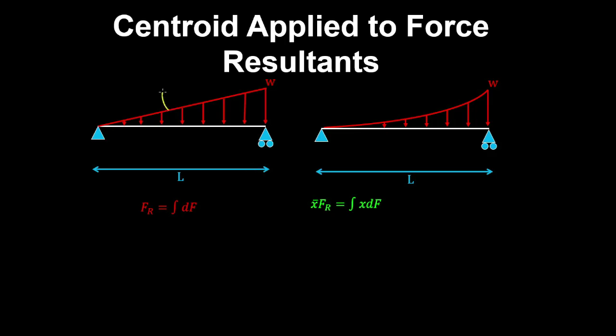So if we consider this triangular load, this line can have an equation of W by x on L. So at x equals 0, the load is 0, and at x equals L, the load is W. Now if we cut out an infinitely thin rectangle, which has a width dx, and it's at a distance x from some origin,